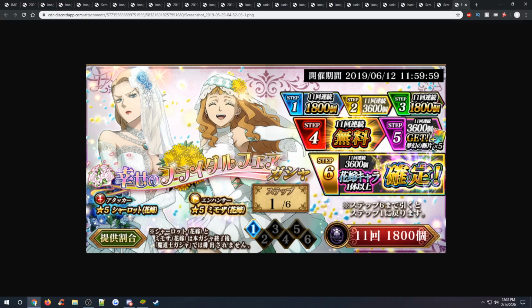And then here we have the wedding day units for Charlotte and Mimosa. This one is only giving you 5 rainbow sheets on step 5. Again, it's only 6 steps, not 7, but you're missing out on 5 rainbow sheets. And that's really the only difference. This one,